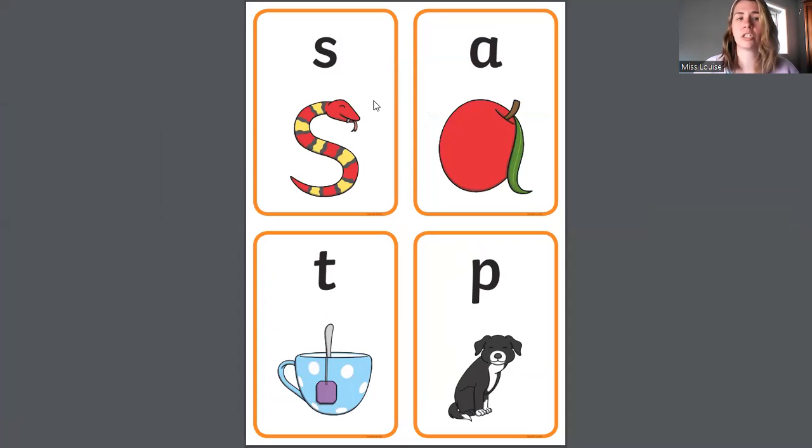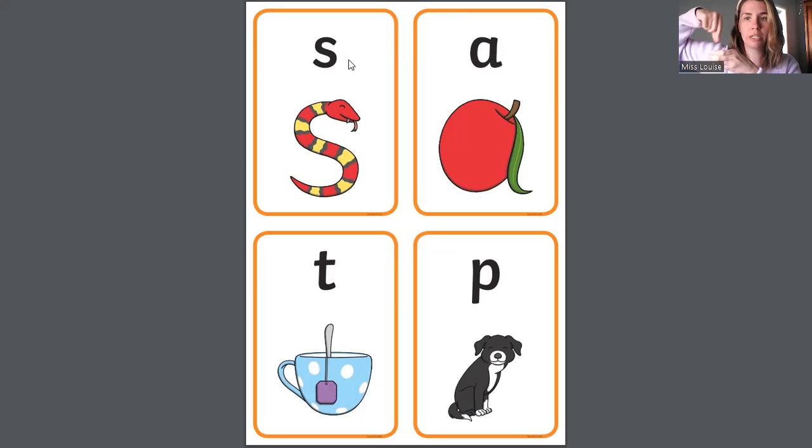So with phonics, I like to start right at the beginning and just get an idea of your child's ability, what they know, what they're not so sure of, what letters they can pronounce and what letters they struggle with, so that we can practice that in more detail. So really easy with phonics. We'll say the letter twice, the sound of the letter to be specific, and then we'll say what we see in the picture. For example, okay, snake,